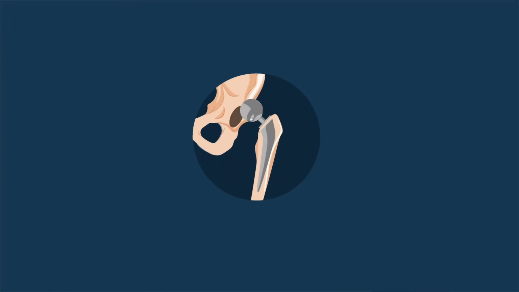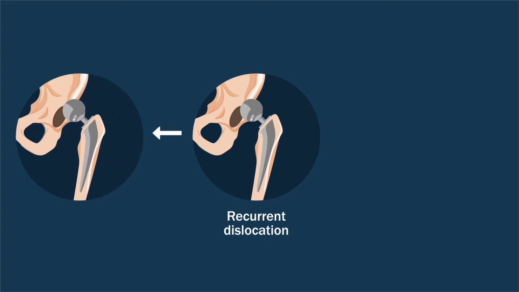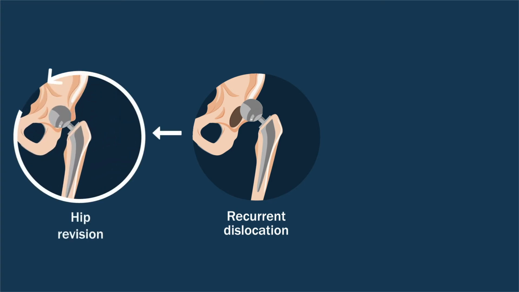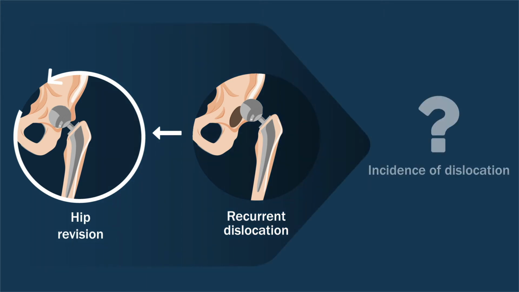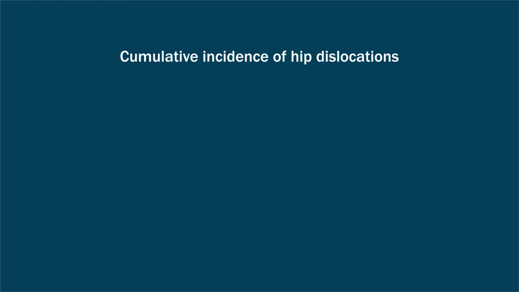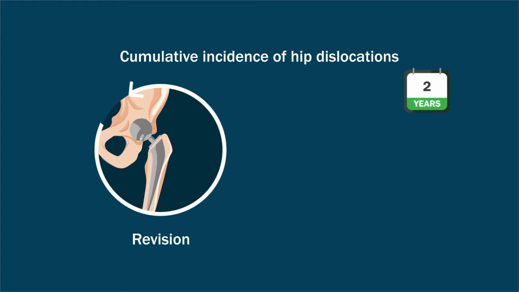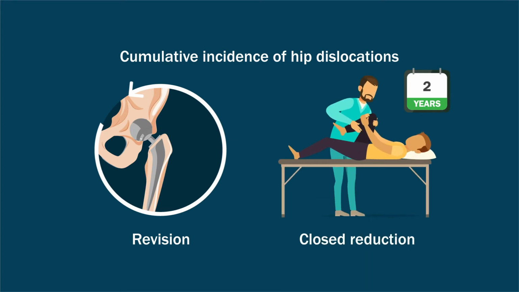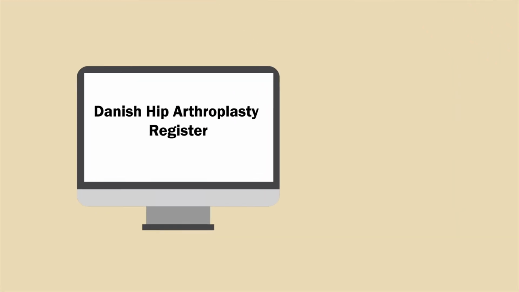A hip revision for instability is usually performed only after recurrent events of dislocation. This makes the exact incidence of dislocation difficult to establish. To assess the true cumulative incidence of hip dislocations within 2 years, including both revisions and closed reductions after THA, researchers investigated